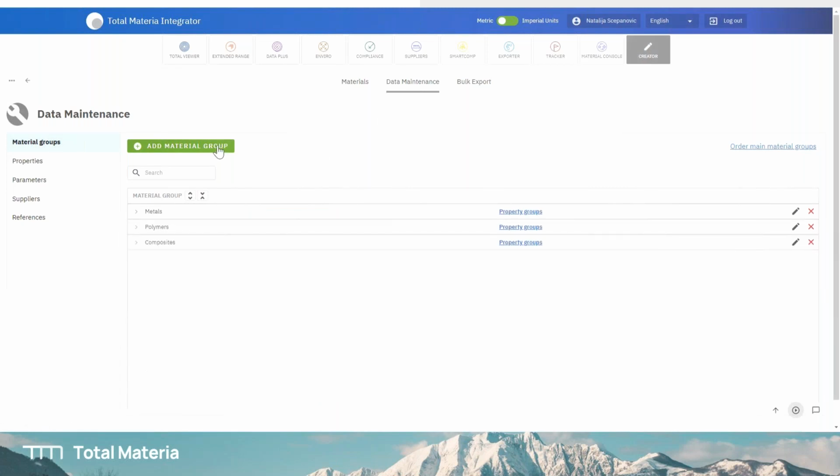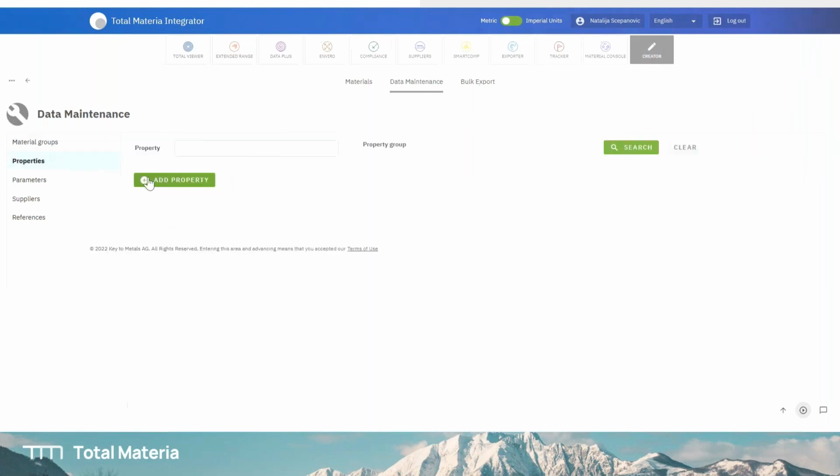And here, you can do data maintenance settings for the properties of the material, parameters, suppliers, references, user management. Everything is so easy and under control in Integrator. And with the bulk export option, when you create all these material cards, you can export all this material card information into your simulation software. So your simulation software will have precise and more accurate material information,